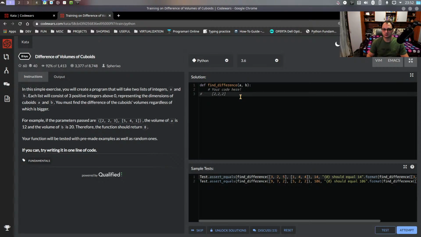Okay? And there are multiple ways of solving this. So let's do the long way now. So we know we have two cuboids, and